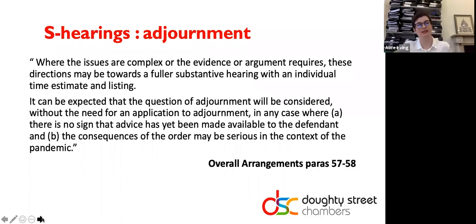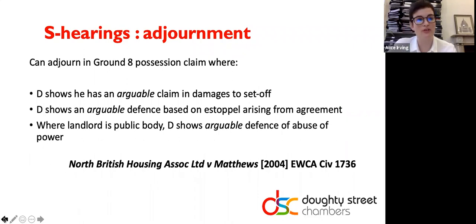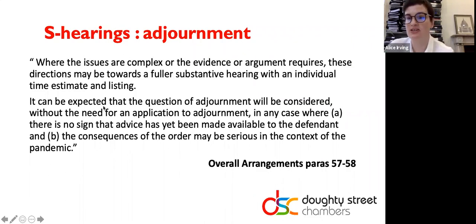One thing to note, some concern has been raised about the wording of the overall arrangements, and also we've heard through the grapevine about the steer that the new cohort of judges being trained have been given. And that's this. If we read this content in the overall arrangements, there's a suggestion perhaps in that first sentence that we're going to be adjourning off cases that are complex. And